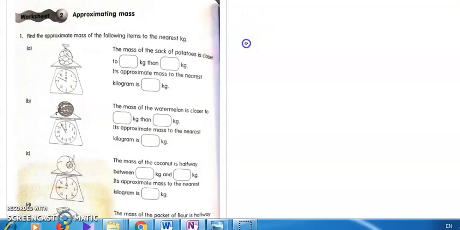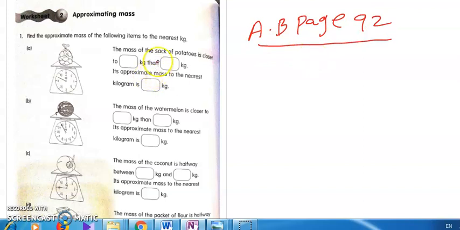Let's have a look at the activity book page 92. On this page we are asked to find the approximate mass of the following items to the nearest kg. In the first question, the diagram is showing that the reading of the mass scale is at 3/4. Now if I write the numbers 3 and 4, so 3/4 will be near to